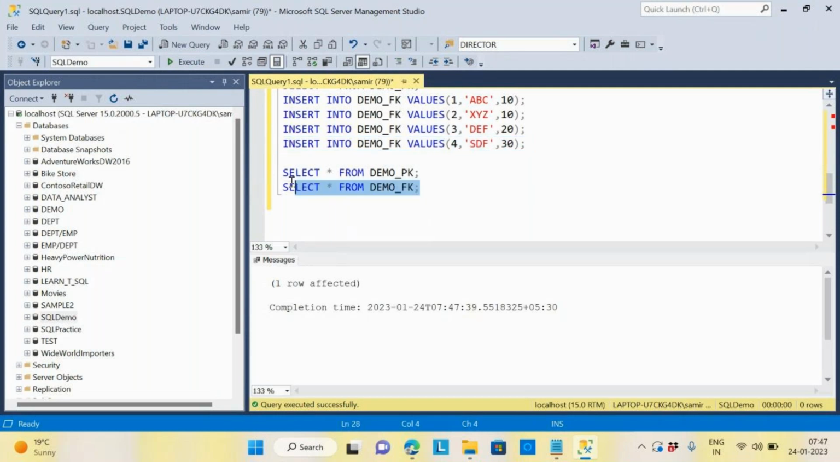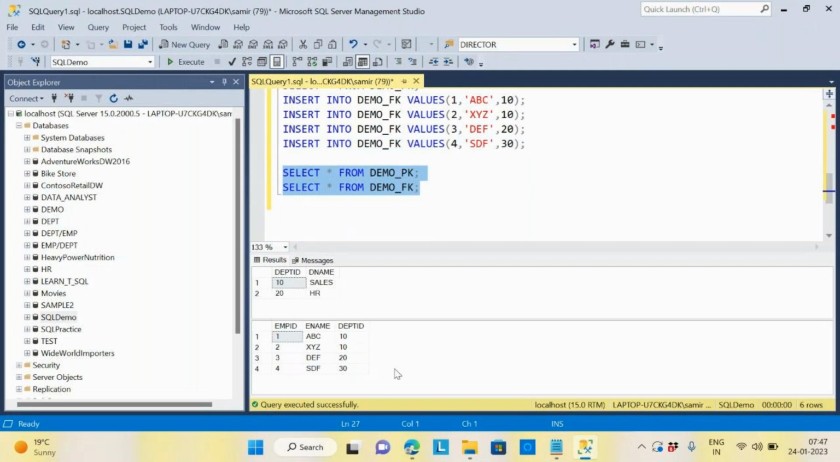But this does not make any sense here. One employee belongs to the 30 department, whose department is not at all available in this table, but it is allowing. This is wrong. This should not be allowed. So this concept is called the foreign key concept. So what does it mean? There should be